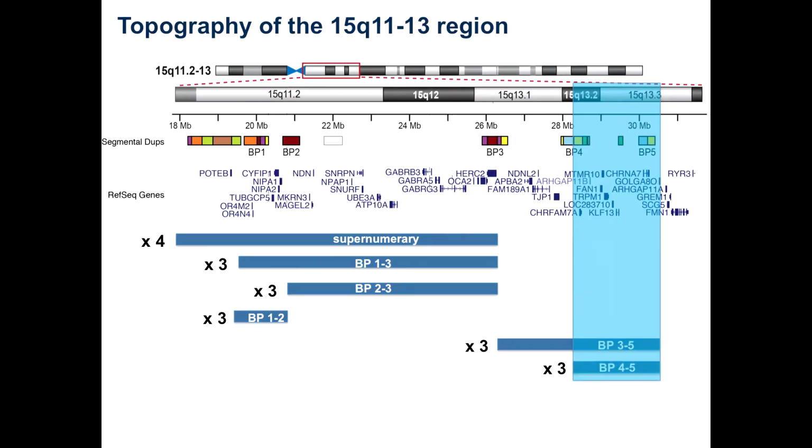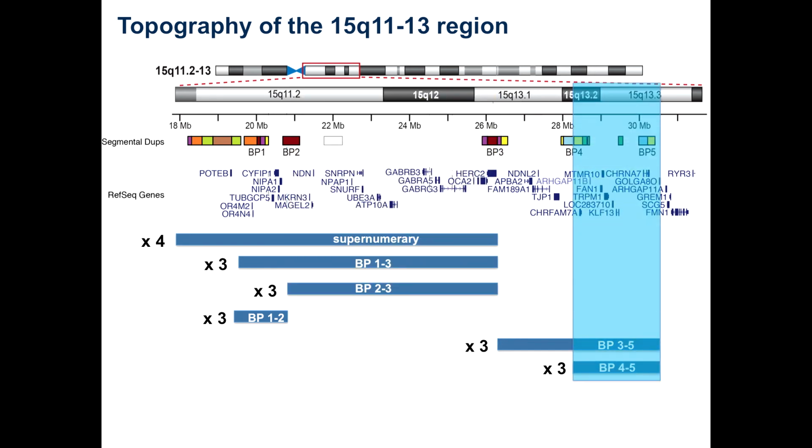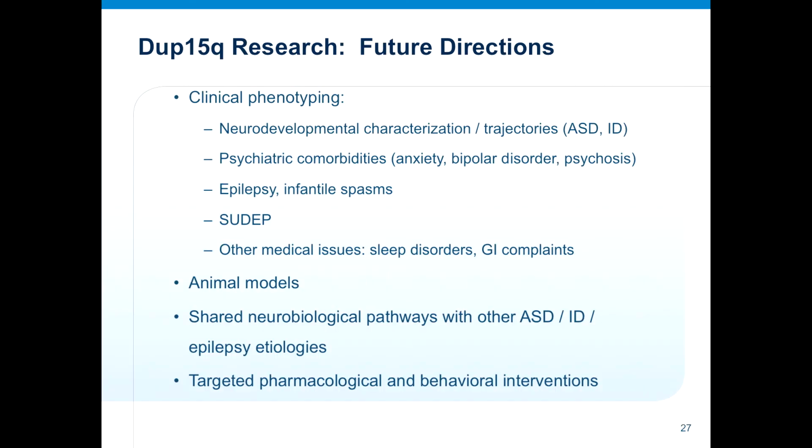So again, there's many things you can have. You can have something, whether it's a supernumerary or an interstitial involving the PWACR, or you can have these flanking edge duplications that are either larger or smaller and either distal or proximal to our region of interest.